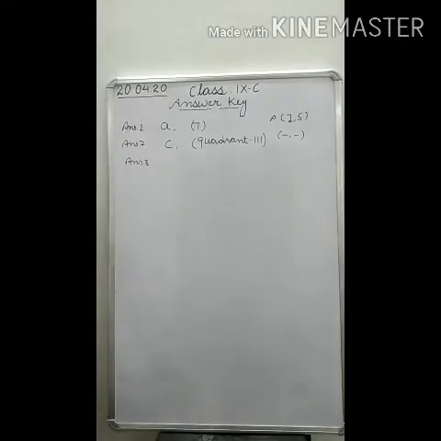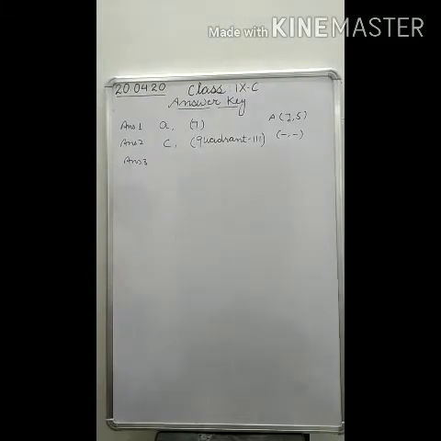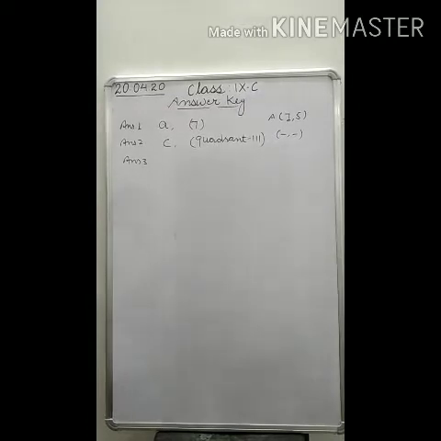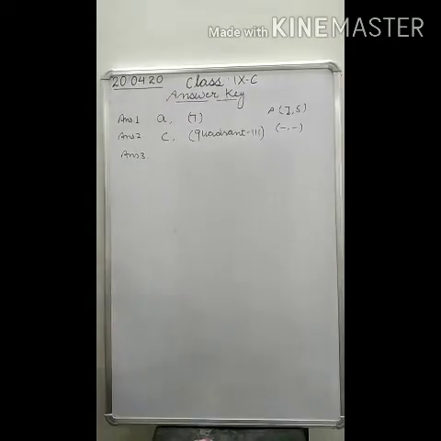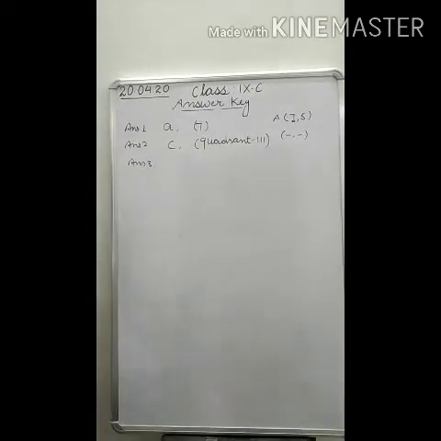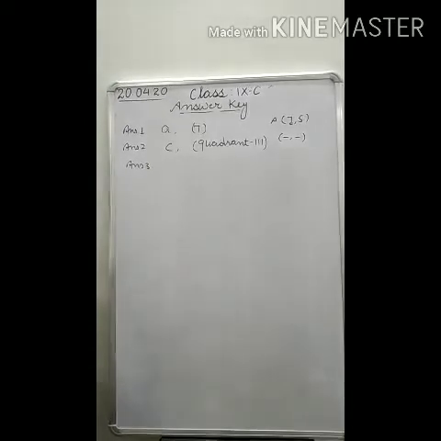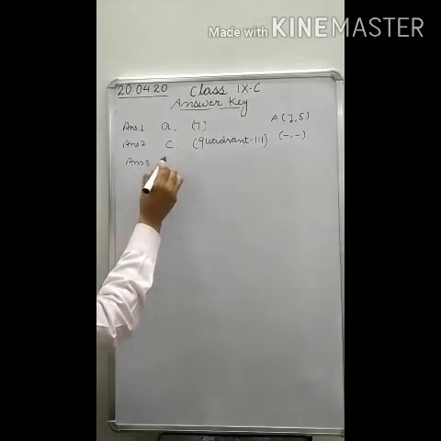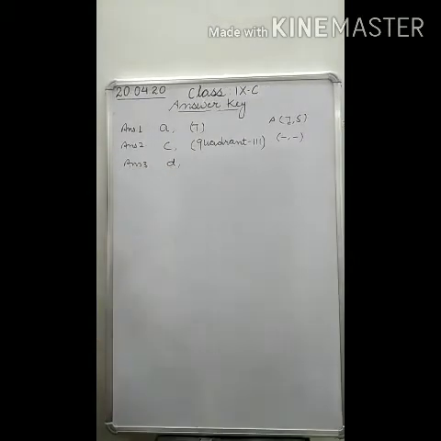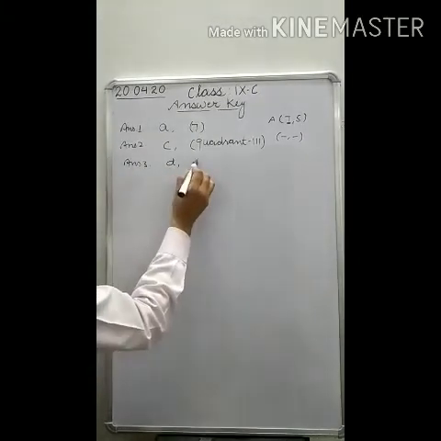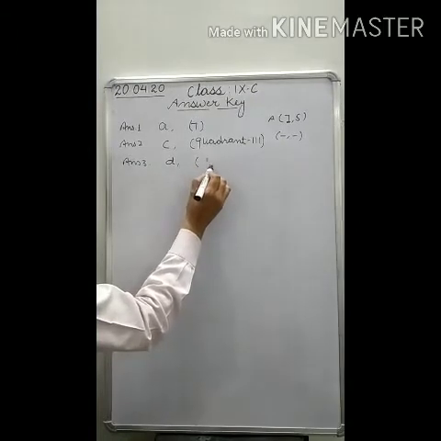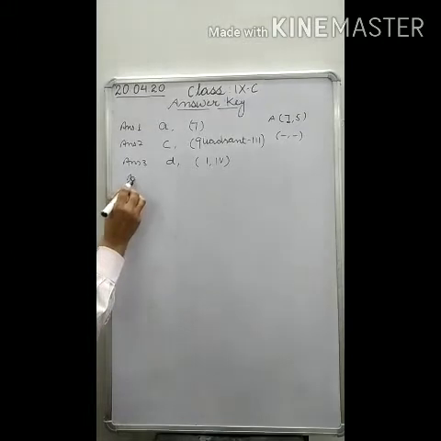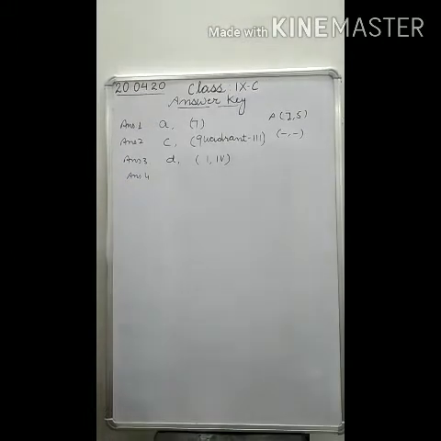Here you are given that the abscissa of a point is positive in. Abscissa means x-coordinate. Students, you know very well that the x-coordinate is positive in the first quadrant as well as the fourth quadrant. So the right option will be D, and you write first quadrant and fourth quadrant. Now come to question number 4.